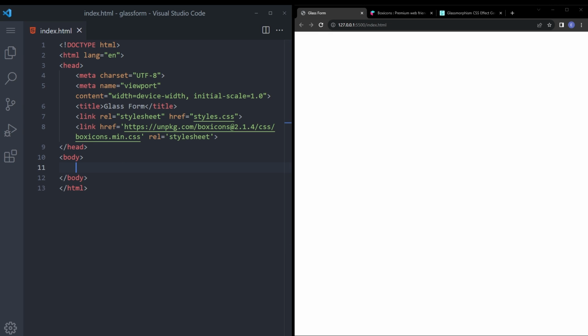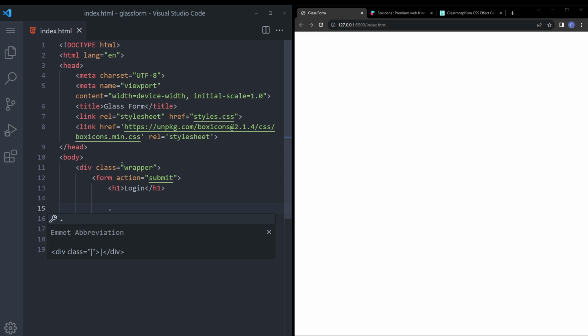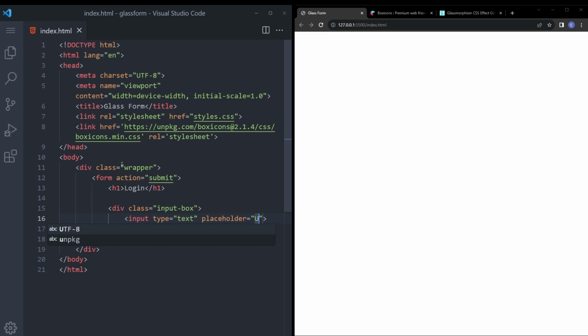So let's start with the HTML, all the HTML we need, and then we go into the styling. We're gonna add the background video later on. So let's start with the wrapper and form action submit, say an h1 login, and we're going to create another div called input box, and inside let's say input text and placeholder username,